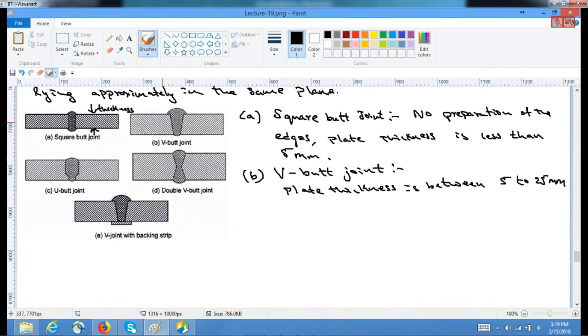And this is the edge. It has been beveled. So next, edges are beveled before the welding operation,